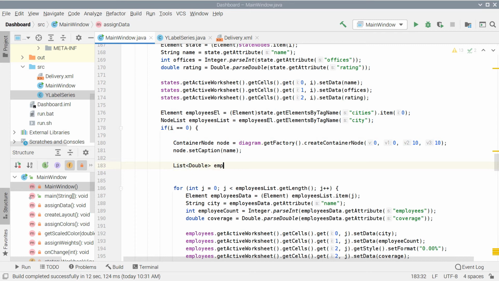We add now 2 lists with double values and 1 with strings to the assigned data method. There we will store the data that is parsed from the XML file. We will use those lists later when we create the series for the chart.